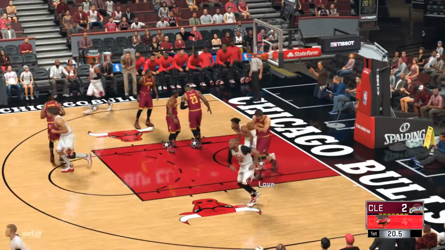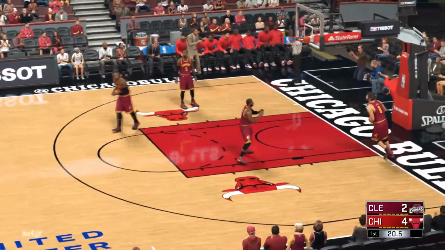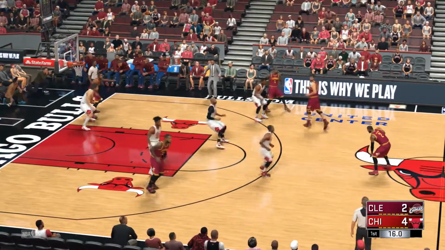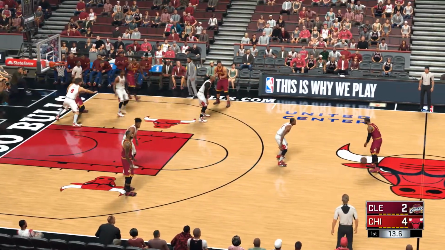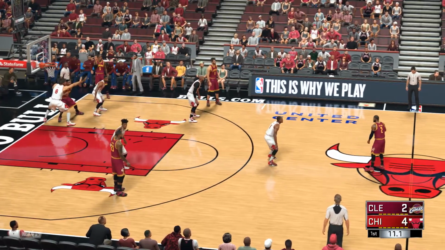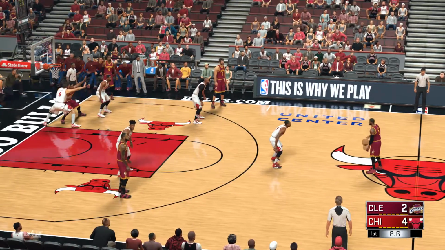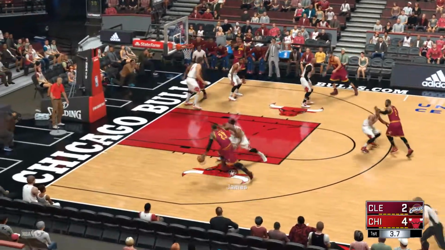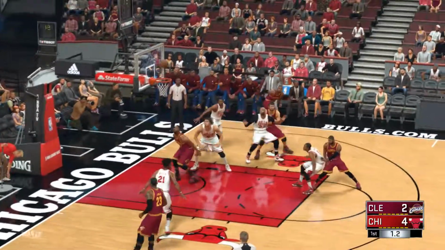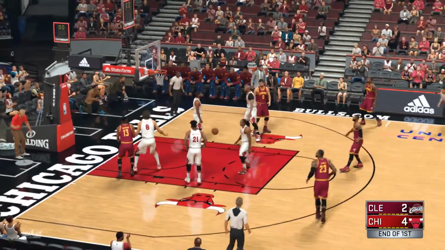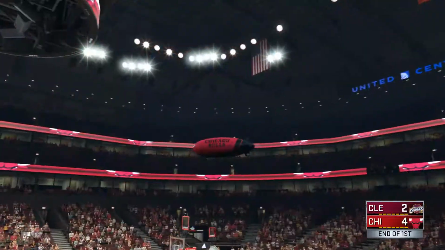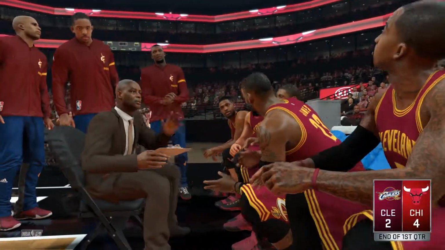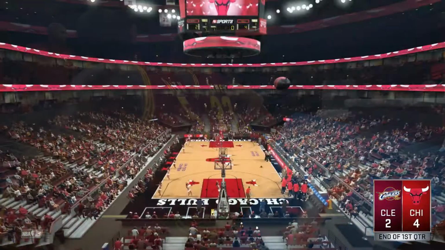Good for the basket, starting off 1 for 1 with that shot. If you're defending Jimmy Butler, you got to hit him harder than that. Now, here is Irving. James outside. Steps back and shoots. Up again. So at the end of 1 quarter of play, still a close game. Bulls lead by 2. From the United Center in Chicago, back in a moment.